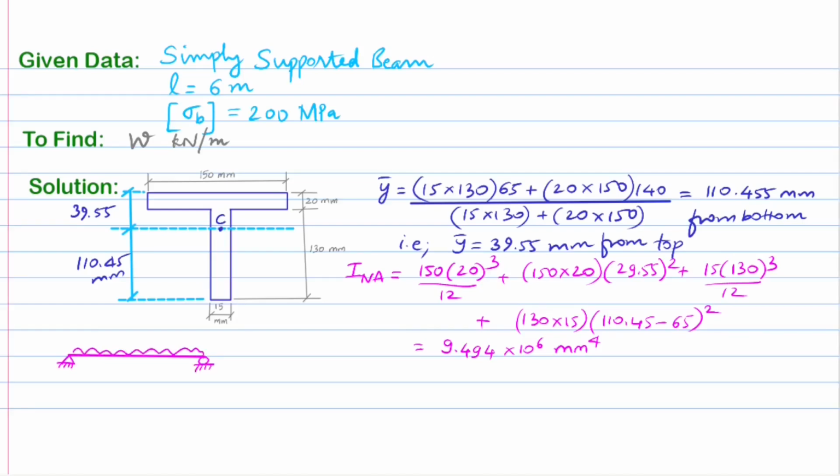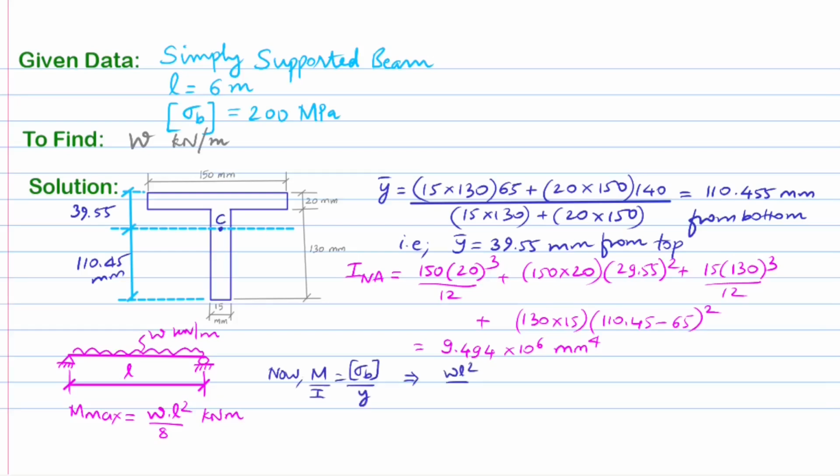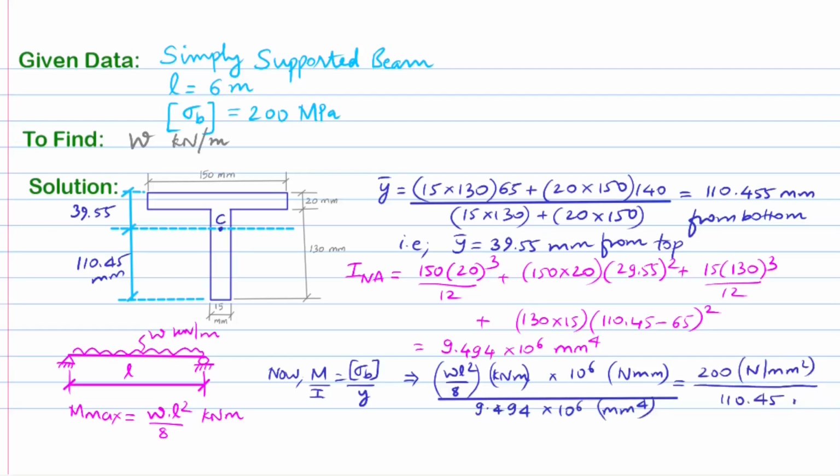For the uniformly distributed load, we invoke the formula for the maximum bending moment induced, namely W times L squared over 8. And after inserting in the flexure formula, we get the value of the uniformly distributed load as 3.82 kN per meter length. Here, it's worth noting that the value of Y as 39.55 millimeters is intentionally avoided since it